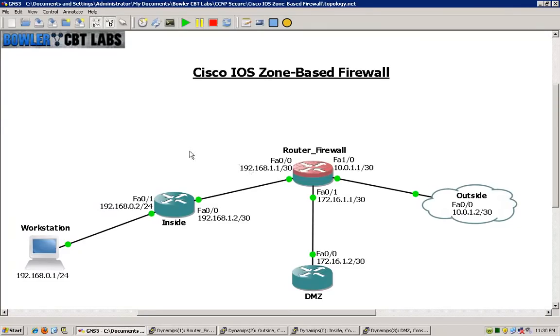What I would like to first go over here are the zones that we will configure and the zone pairs that will be applied. You can see here that I've set up some names here for the routers, and those will actually match the zones. So we have our inside router, which would be internal to the, we'll say, the trusted side of the network. We have the DMZ zone, which could be hosting